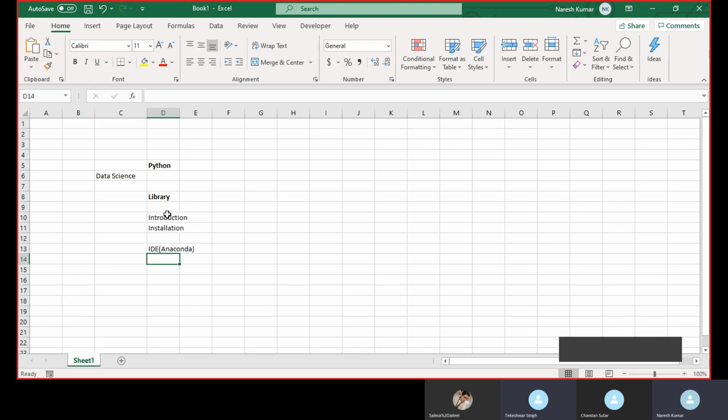Okay, so basically in this Anaconda we have two IDEs. One will be Jupyter and another is Spyder. Okay, so for learning purposes or for academic purposes, most of the people use Jupyter, and in most of the companies or in corporate, they would be using Spyder or they would be using PyCharm.